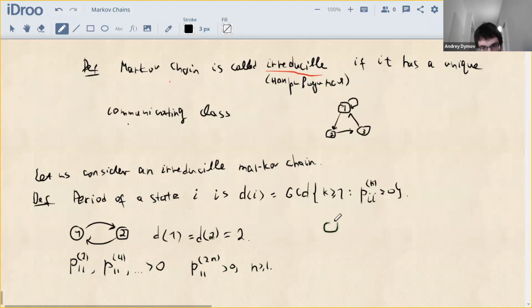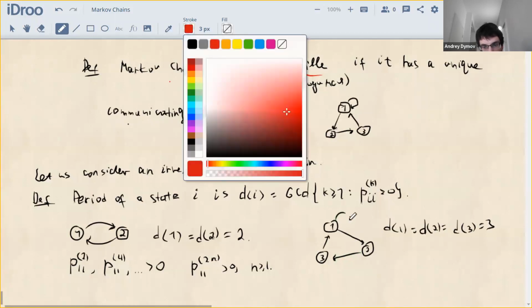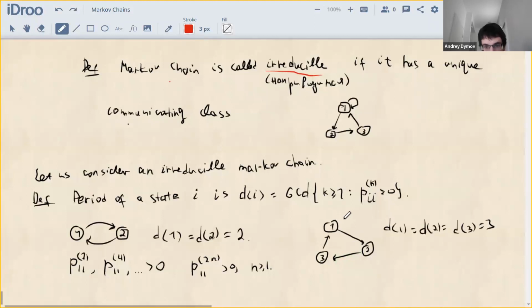Of course, for such a chain, similarly, the periods of all states are the same and they are equal to 3. If I modify this chain by adding the possibility to go from state 1 to state 1, then the period will become how much? What is the period of this chain? 1. Yeah, 1. Because